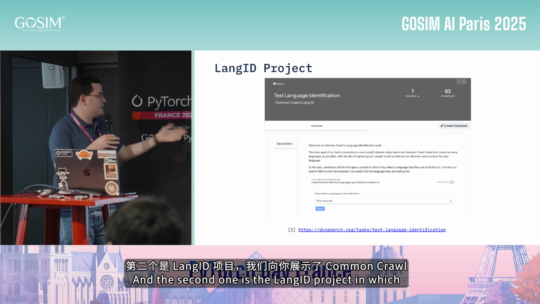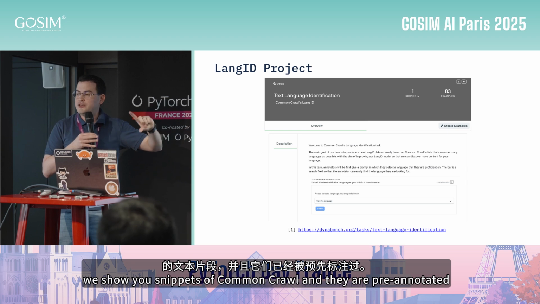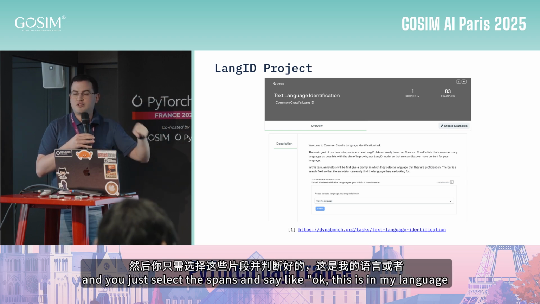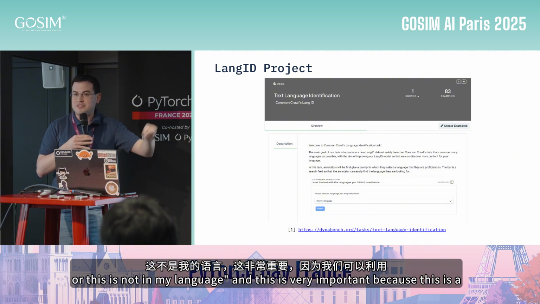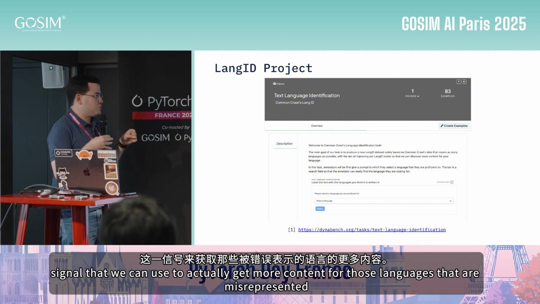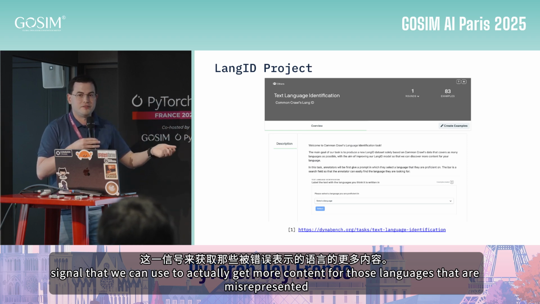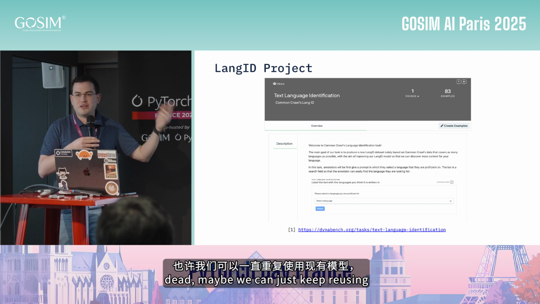And the second one is the Lang ID project, in which we show you snippets of Common Crawl, and they are pre-annotated, and you just select the spans and say, okay, this is in my language or this is not in my language. And this is very important because this is a signal that we can use to actually get more content for those languages that are misrepresented, which we think is important because, okay, some people say maybe pre-training is dead, maybe we can just keep